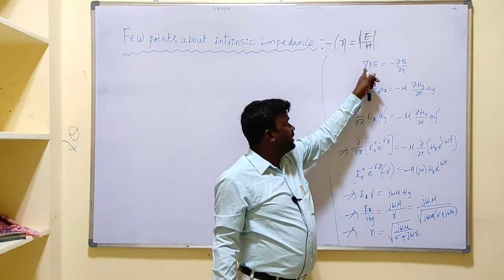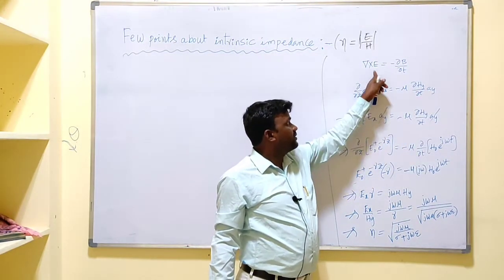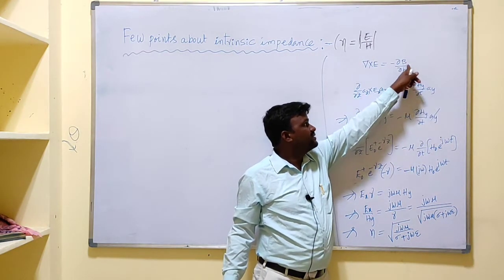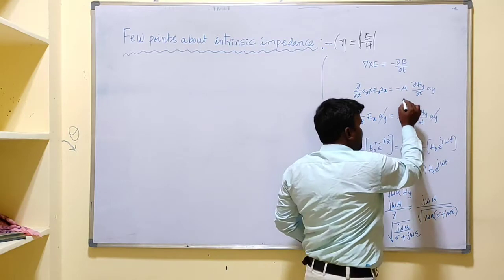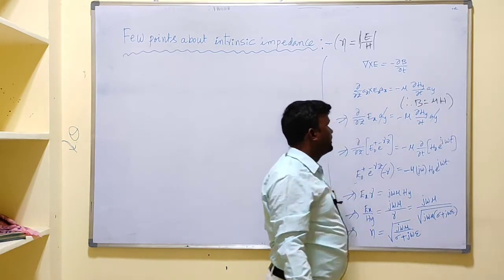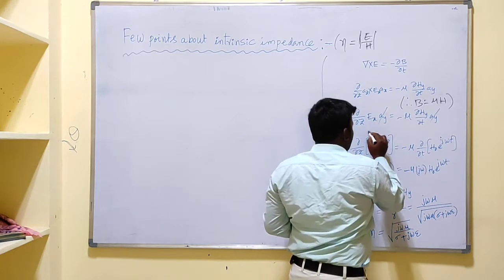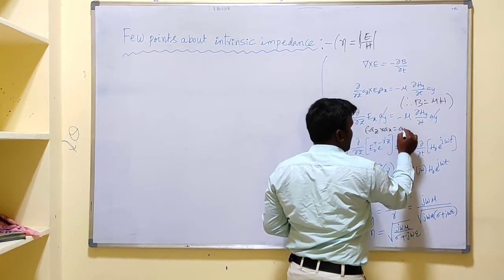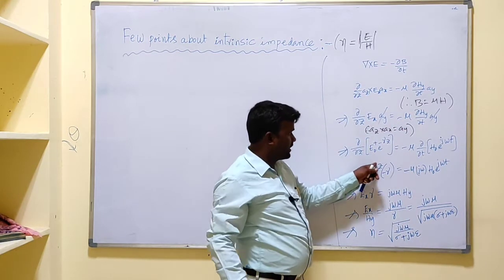Okay, so the wave is traveling along the z direction, the electric field is considered along the x direction, and the magnetic field along the y direction, that is, H is taken as H into a y. Since B equal to mu into H, I consider B equal to mu into H. One more thing, a z cross a x is what? Since a z cross a x is a y, if you perform this, you will get like this.